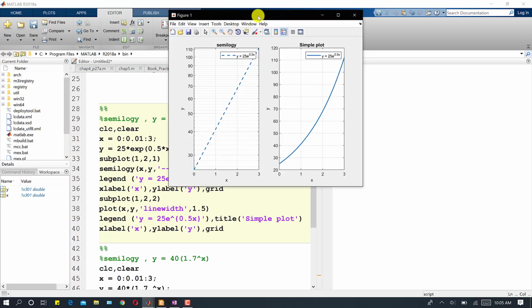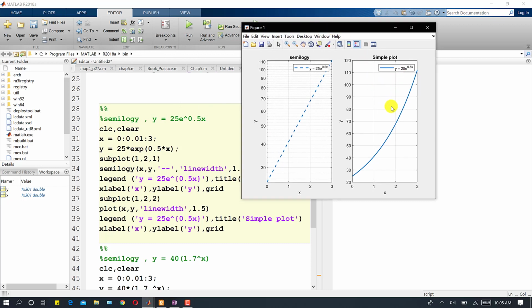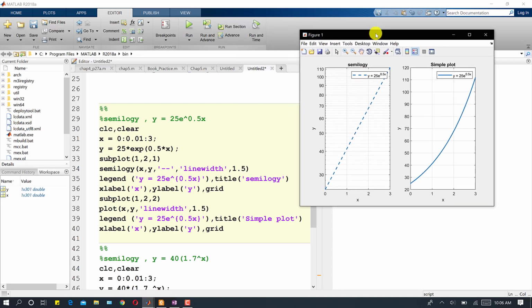So as we can see, this is the comparison of both. This is the simple plot, and the simple plot is an exponential function, we already know. But whenever we plot this function on a semi-log y plot, we will get a straight line. And what is the syntax for semi-log? So we will write